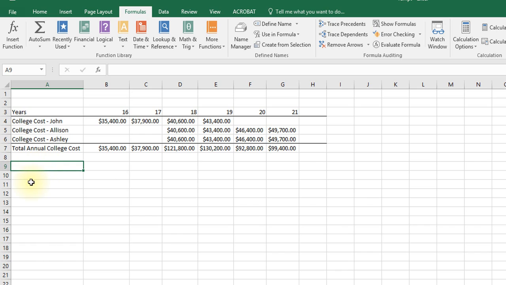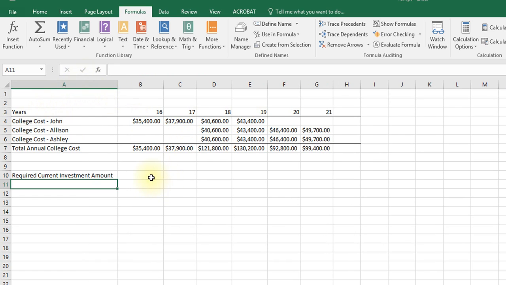Now what we'll need to do is figure out the required current investment amount for each of those years analyzed. What we'll need to do is solve for the present value discounted back at the investment rate for each of